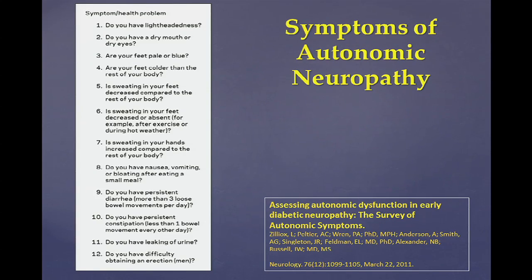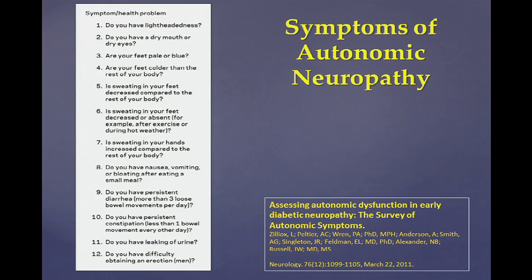And then just a few words about autonomic neuropathy. So this can be very difficult to diagnose because it can affect multiple different organ systems and be really nonspecific and sound just like disease of any end organ. So this is a simple questionnaire that was developed to assess autonomic symptoms. So one common symptom of autonomic neuropathy is orthostatic dizziness, so lightheadedness upon standing, which is due to orthostatic hypotension